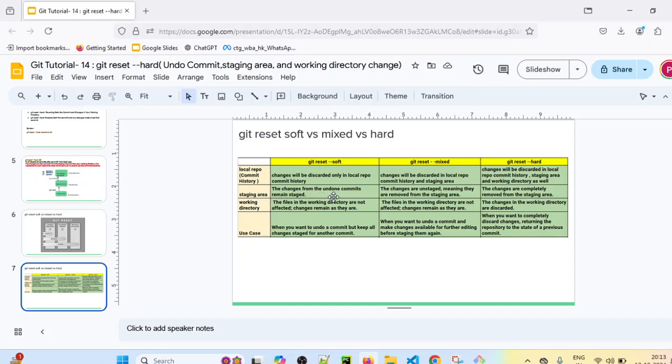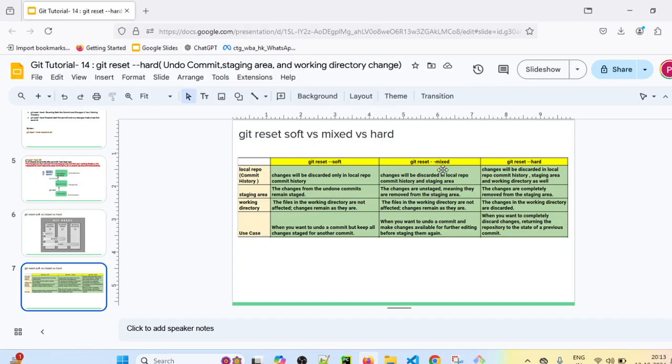In git reset soft mode, changes from the undone commits remain staged. So it will only revoke the local repository commit, but the changes from undoing that commit will remain staged in staging area. It will not touch staging area and working directory.